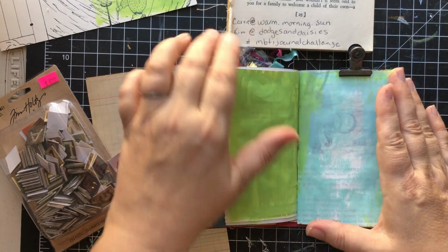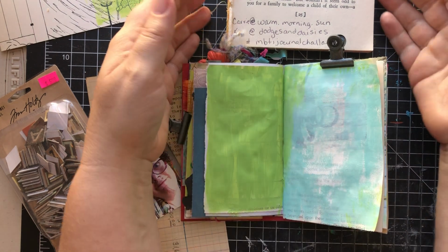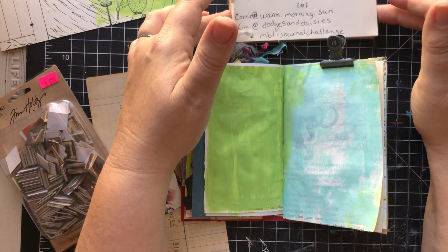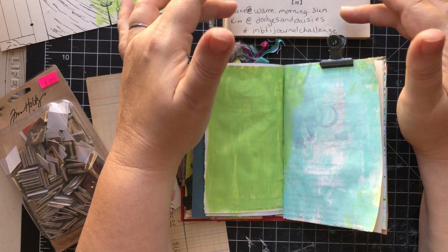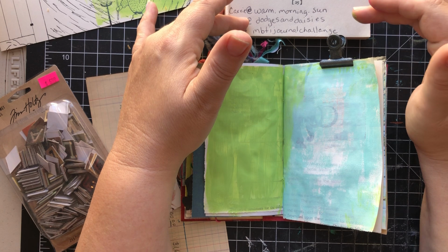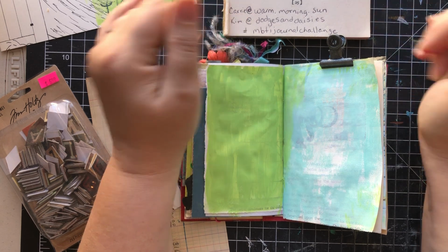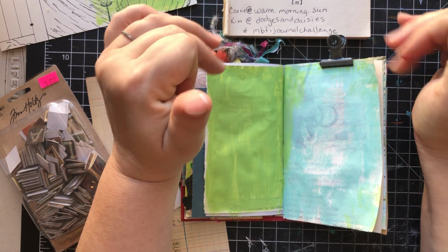Anyway, I was browsing Instagram last night and I follow Warm Morning Sun, and I caught that her and Dodges and Daisies are doing a challenge, and it's called the MBTI Journal Challenge. I love the MBTI,